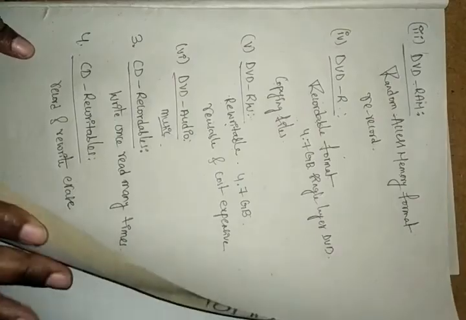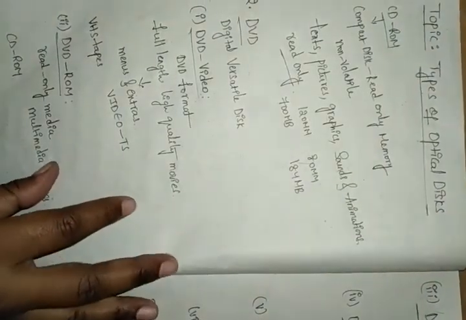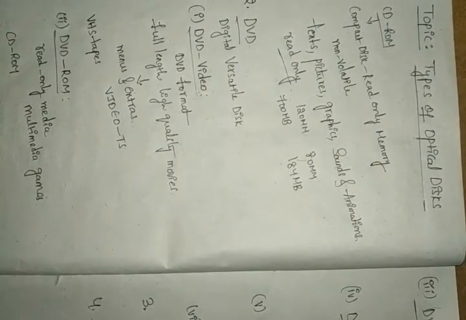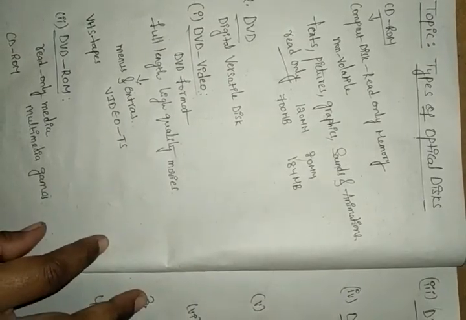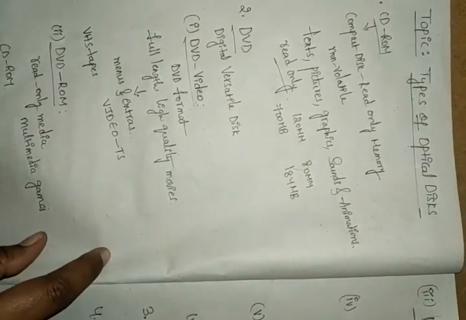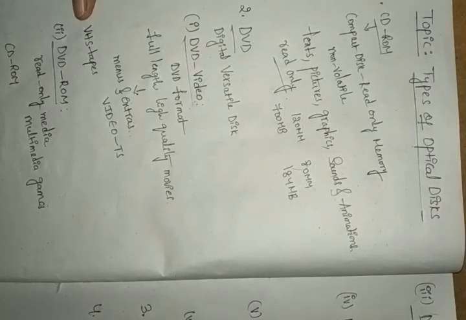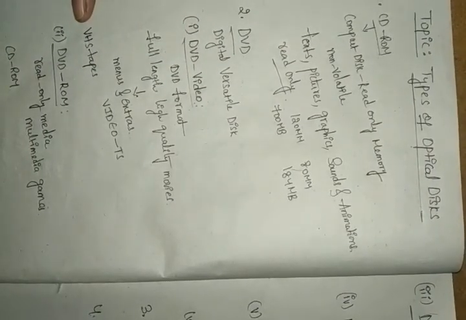So here in this class we discussed what we have in the optical disc, the different types of optical disc formats. Here we have different types of optical disc like CD-ROM and DVD and CD recordables and CD rewritables. Your CD-ROM is the compact disc read only memory, and this is non-volatile. Whatever we have, text, pictures, graphics, any sounds or any animations, we can store into this, and this is only for reading purpose, not for writing anything.